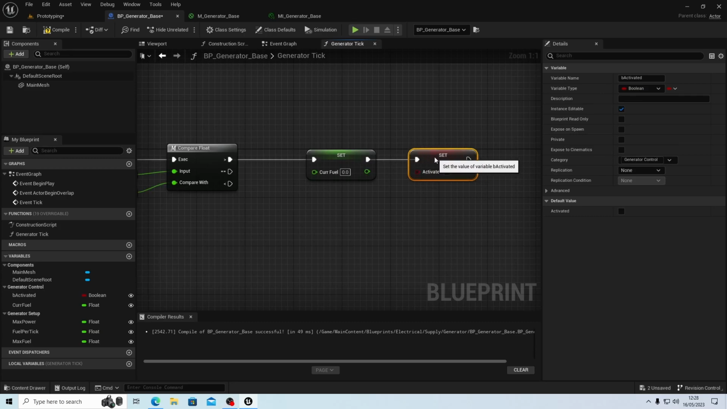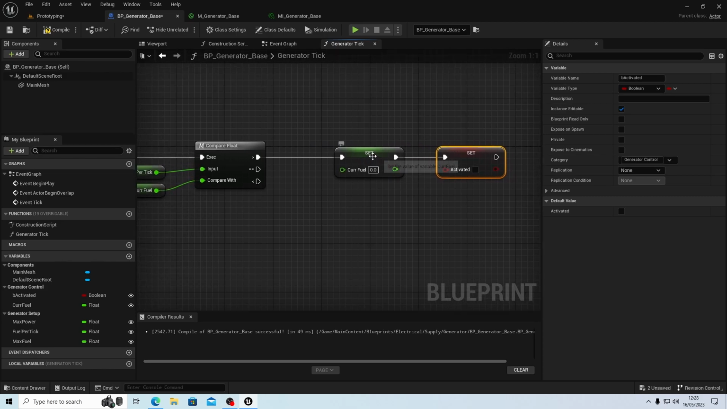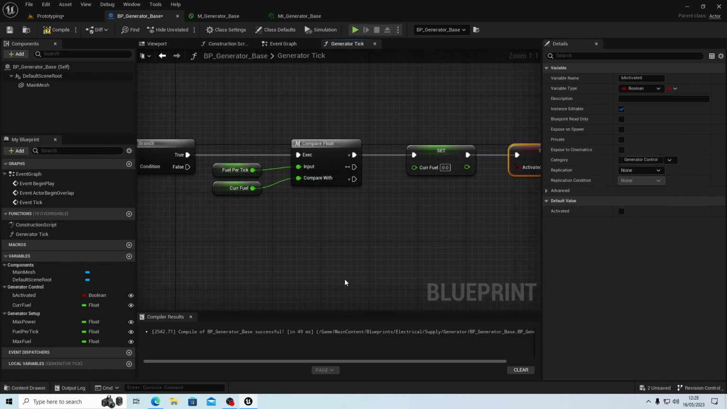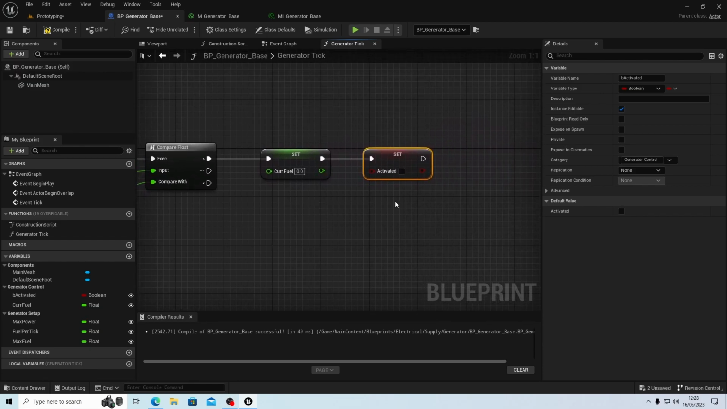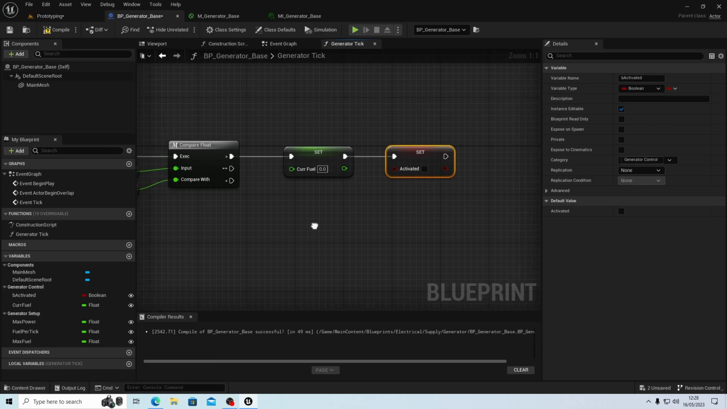So basically, it's no longer activated. So the next tick won't call it because it's not activated. So now it'll say false, not do anything. That's all we need to do. We've set the current fuel. It's not activated. There will be other things to set there, things like if there's sounds going on, but that would all be done in separate